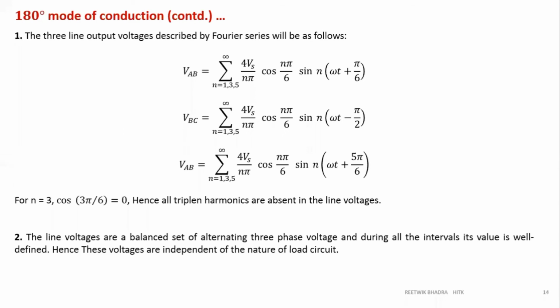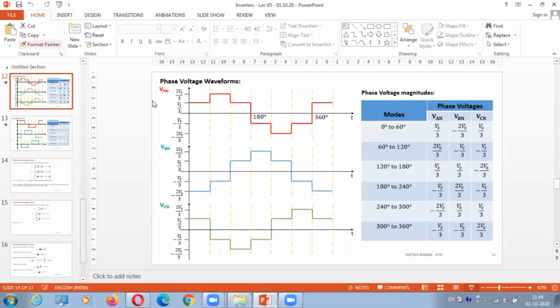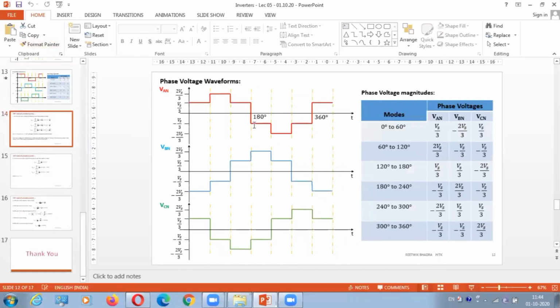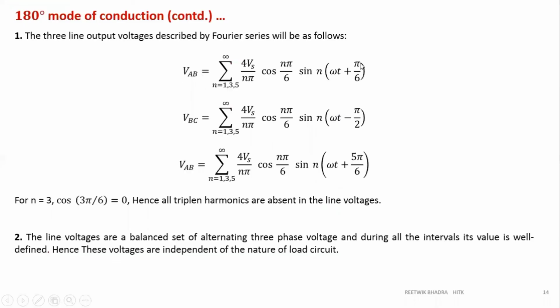So all the three line voltages VAB, VBC and VCA are these voltages. Now if you compare with your reference sine wave, which is always our VAN, this is our reference sine wave always. So from VAN if you draw your three phase waveform you will see that AB is leading by pi by 6, this is lagging by pi by 2, and this is leading by pi by 6, so that's why